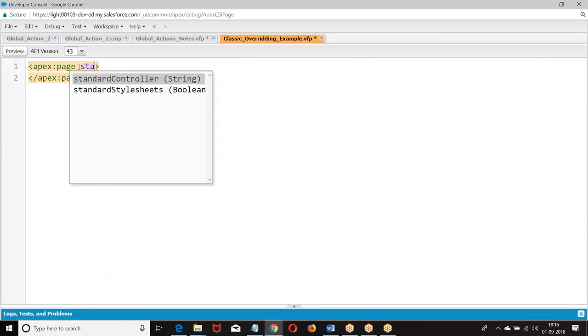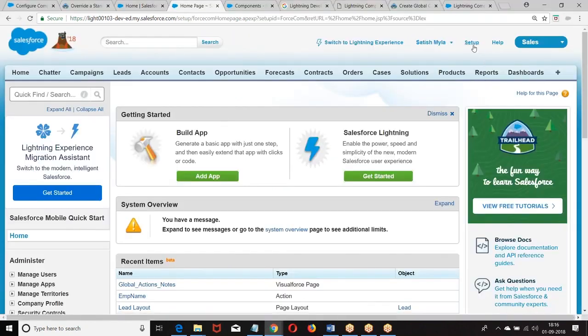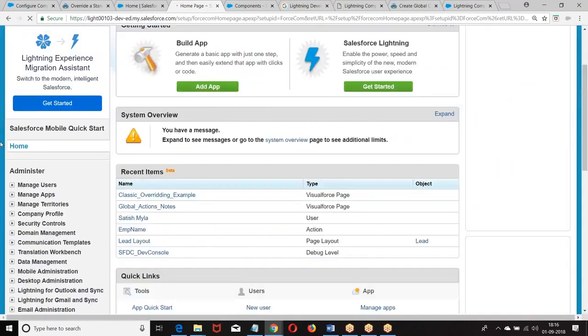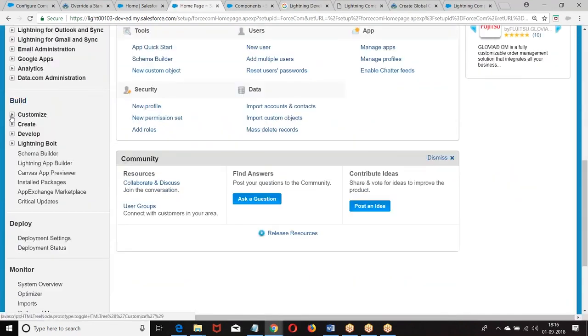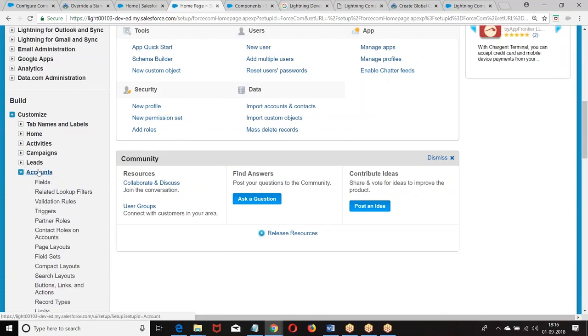I defined here standardController equal to Account. Go back to this. Setup, Build, Customize, Object. So go to the object. It's object specific. We are overriding the functionality of a particular object or defining extra functionality on a particular object. So we go to the particular object.